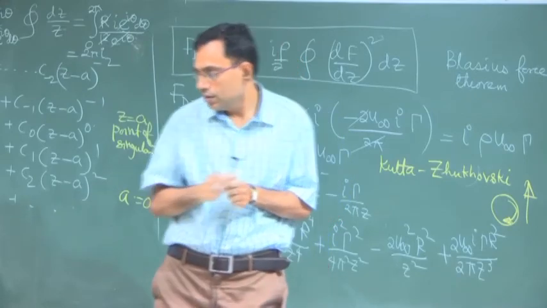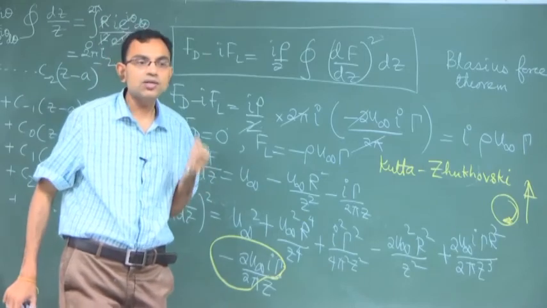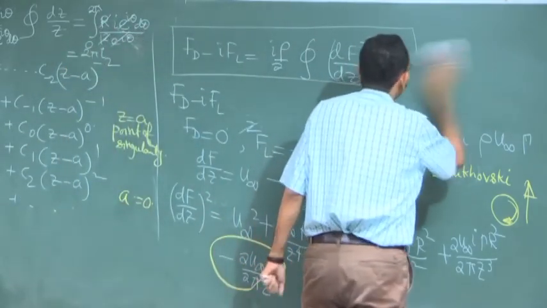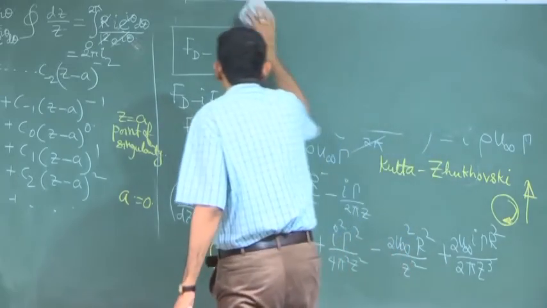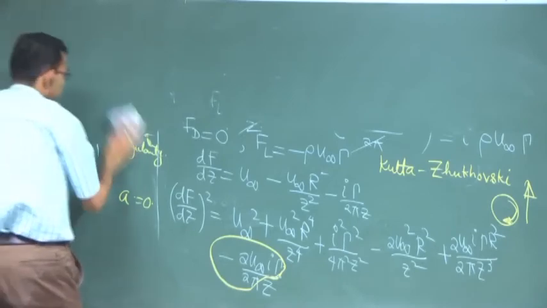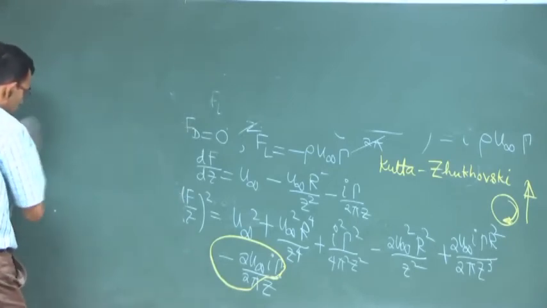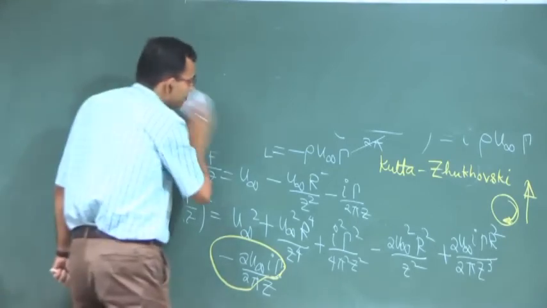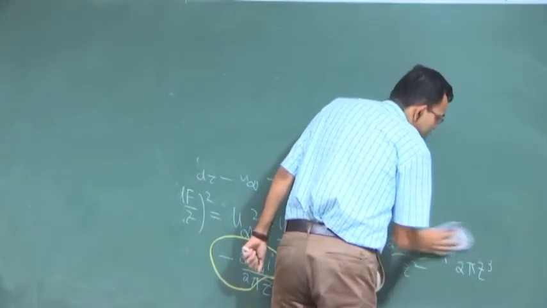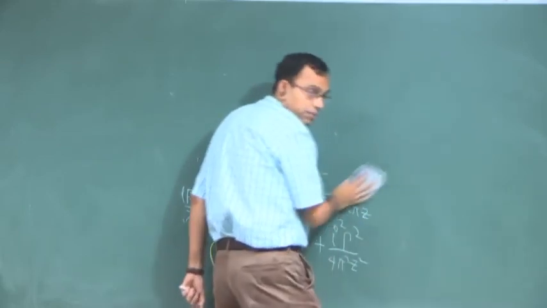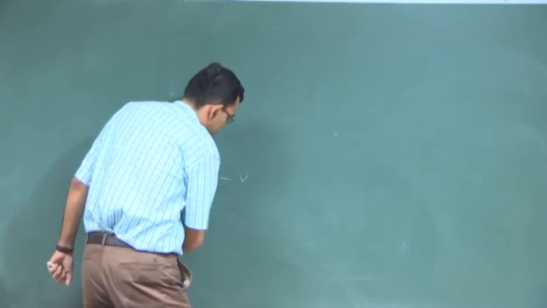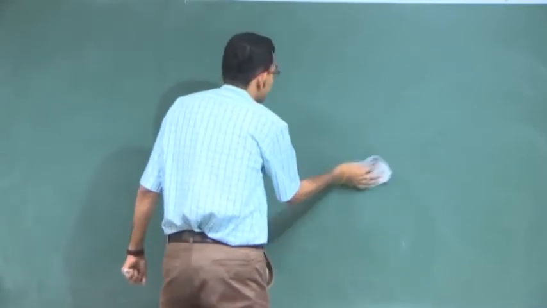For that, what we use is something called conformal mapping. I will give you a little bit of introduction on what conformal mapping is and an example of that. Conformal mapping in principle is nothing but a mapping of an analytic function from one complex plane to another complex plane. So, I give you an example of a conformal mapping.